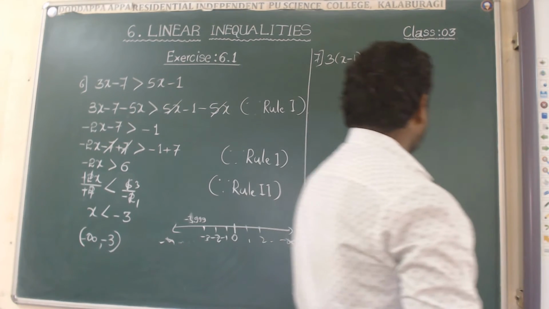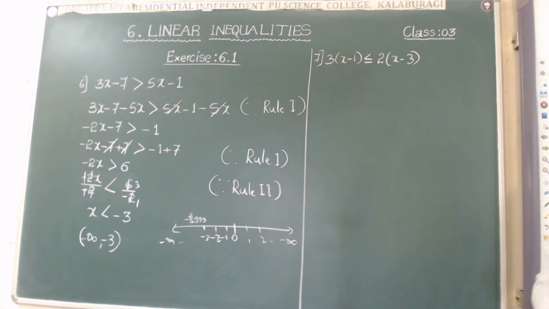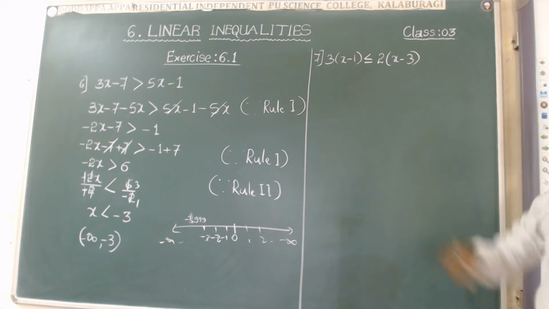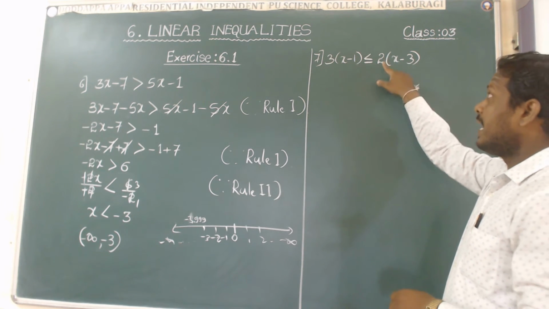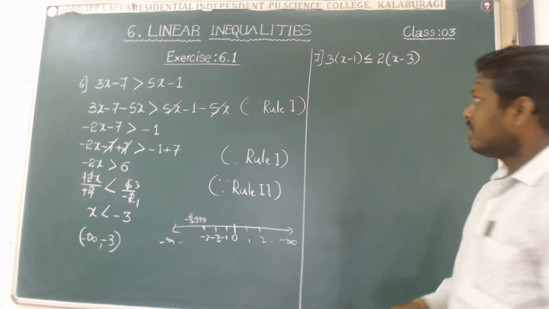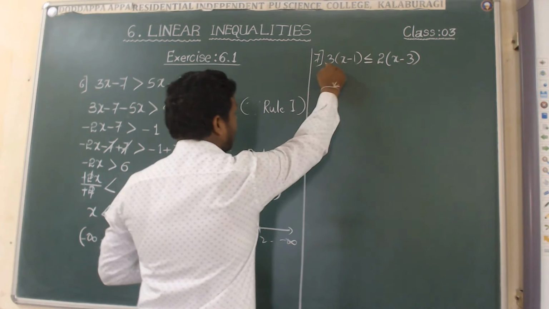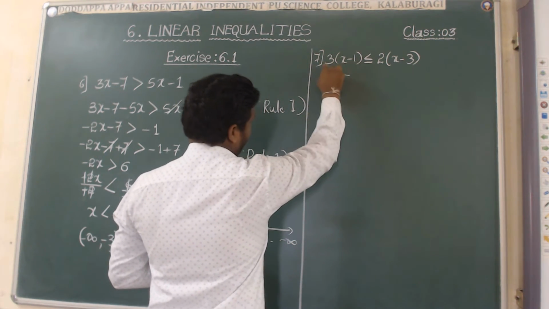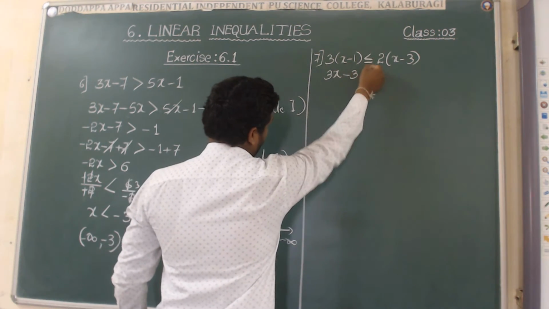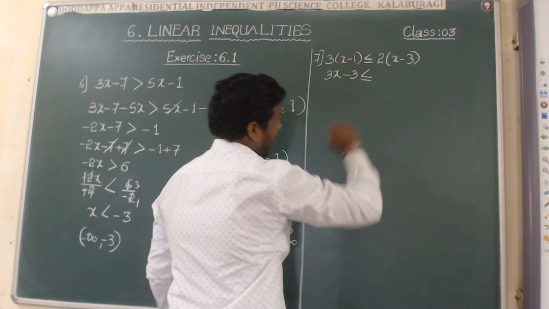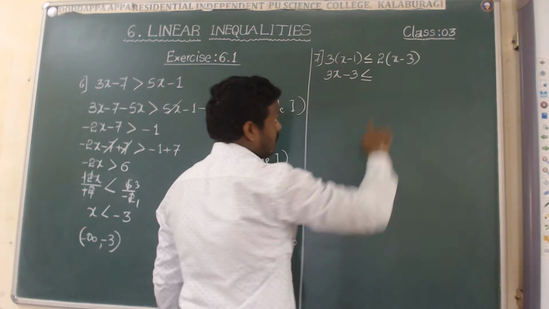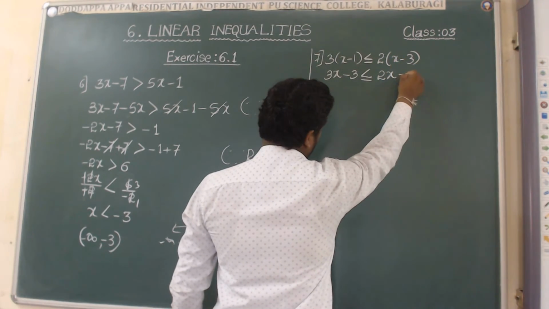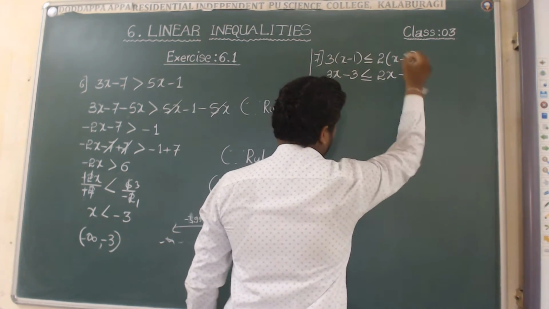Okay, here they have given product form on the LHS and RHS. First of all, we have to multiply: 3 to both terms of this side and 2 to both terms of the other side. I am simplifying this one. 3 into x, 3x; plus into minus, minus 3 into 1, 3. You write the symbol as usual, and again with 2 to those terms, 2 into x, 2x; plus into minus, minus 2 3s are 6.